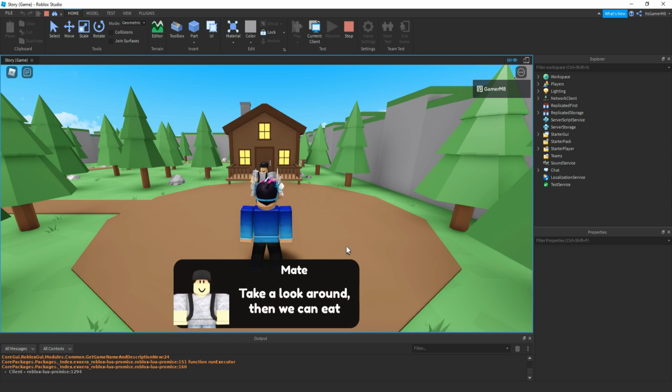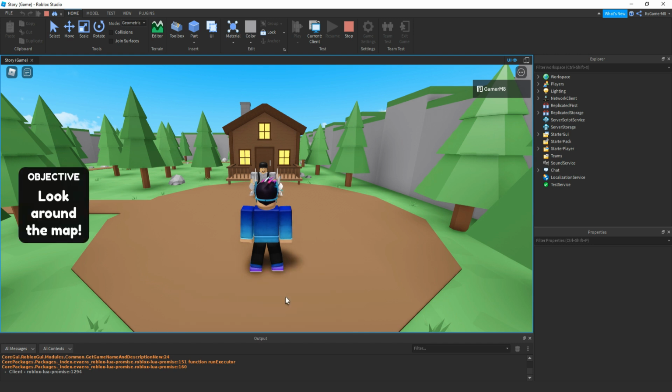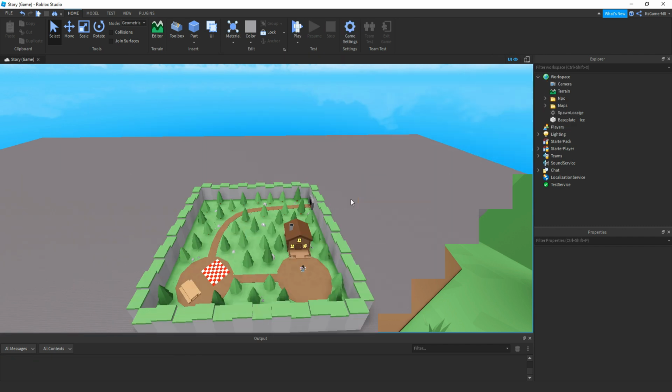Then it'll say take a look around. Then after that, it makes the frame invisible. There you go. Then it'll make the objective visible. It says we can look around the map. If we click stop. So first off, to make a timer GUI, if we go inside replicate storage, remote events,